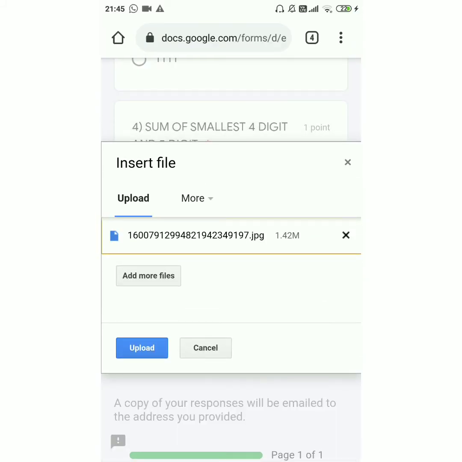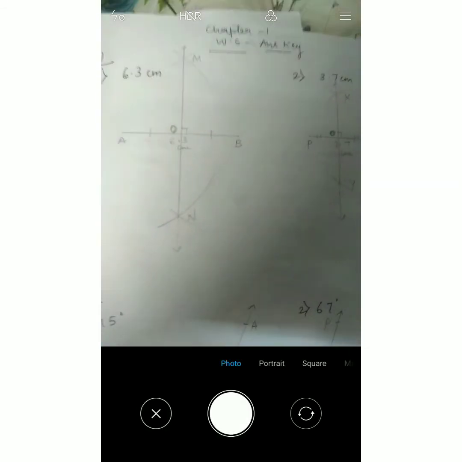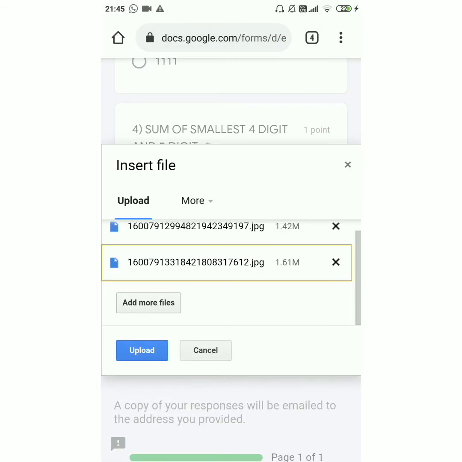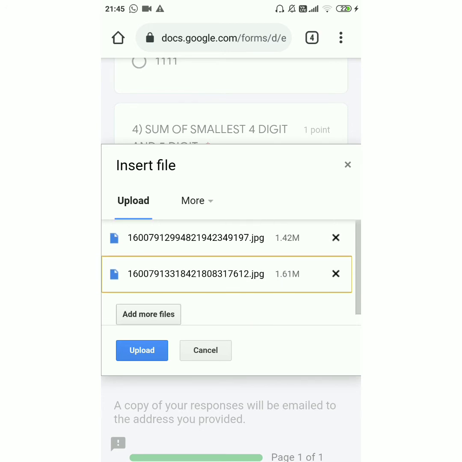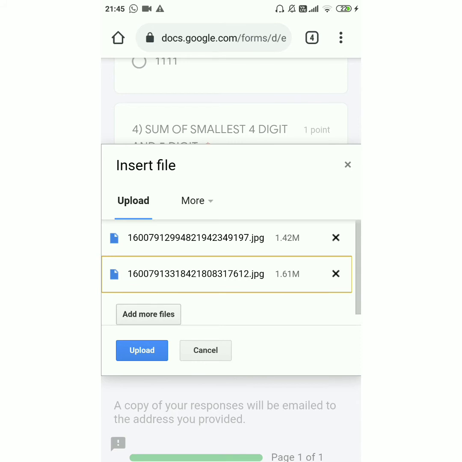If I want to upload anything more, I click on add more, and again select camera. If you want to click one more photo, just click it, select, tick option. See, 2 images are getting selected. Once you are done, I suggest you click your photo in one go.